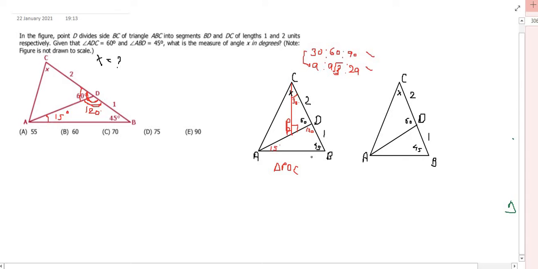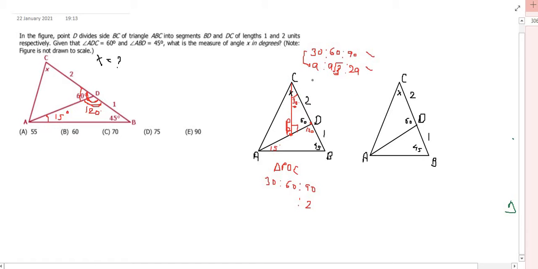Now in this triangle PDC, you see what you are given. You are given the length of the side opposite 90 degrees. The length of CD is 2, which is opposite 90 degrees. So in the 30, 60, 90 triangle, opposite 90, the length is 2. What do you think should be the length of the line opposite 30 degrees? This is your 30 degrees. Opposite 30 degrees, this is PD, right?